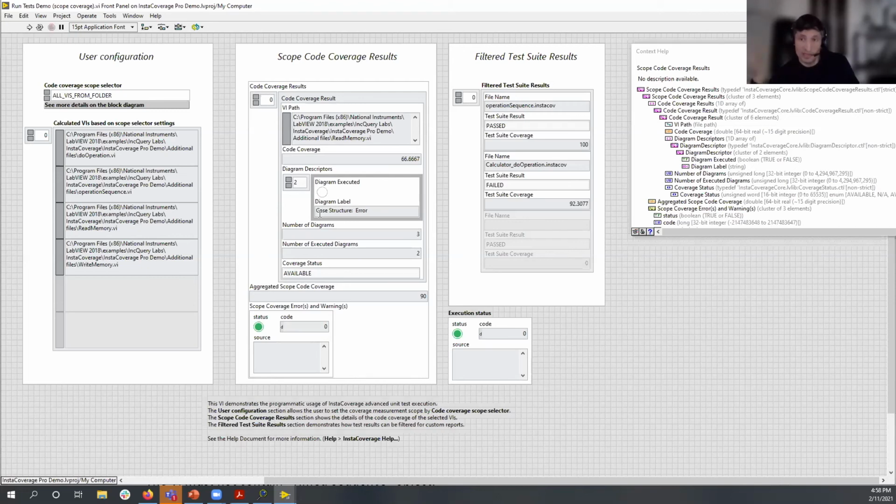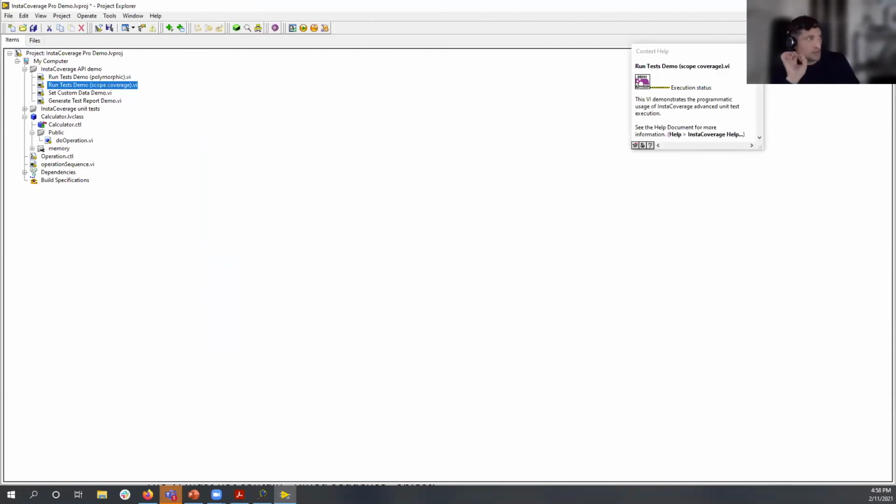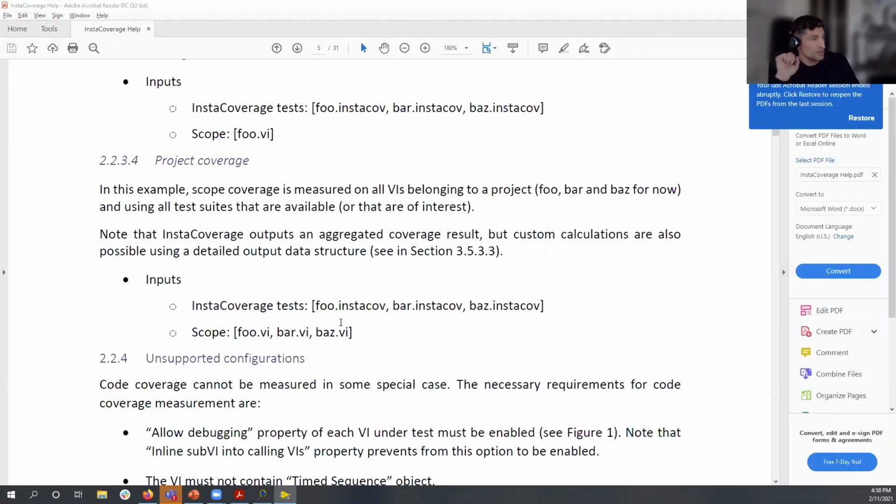So we do this code analysis for you, which means that you can find out which diagram was not executed and do something with it. You can aggregate a custom report, or you can even build some additional tooling on top of this information. Okay, so this was one. This project has other API examples. I leave it to you to explore it. I will jump to the other